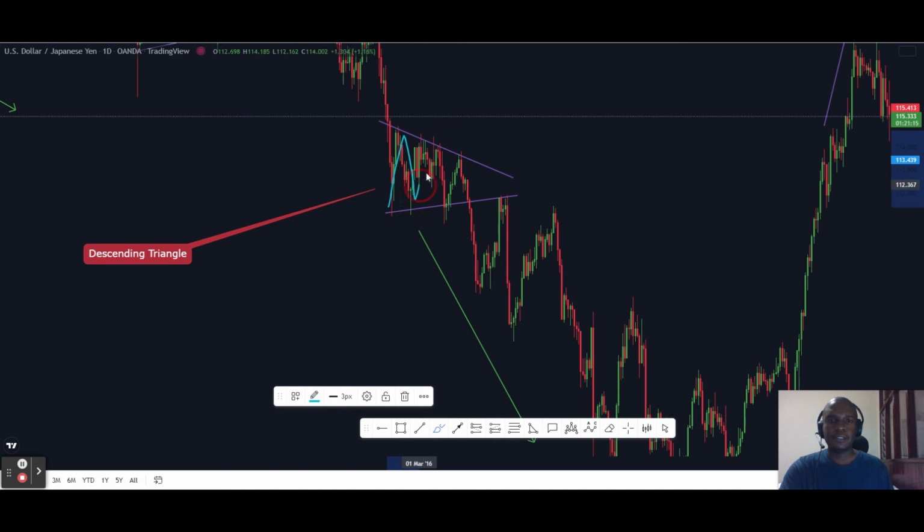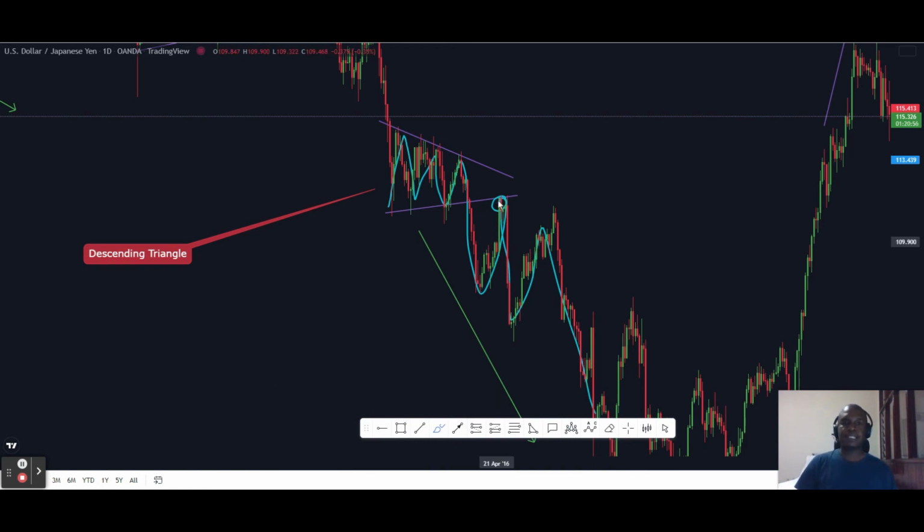you see this eventually break to the downside, and in most cases you see a retest. This happens a lot before the move to the downside, and you take in the profit. Most people, when they see a reversal going backwards, they will actually be scared and get out of the trade instead of holding. So this is very typical of triangles when they break out, especially in a downtrend or an